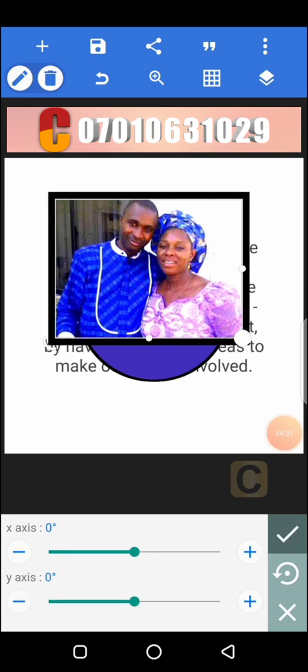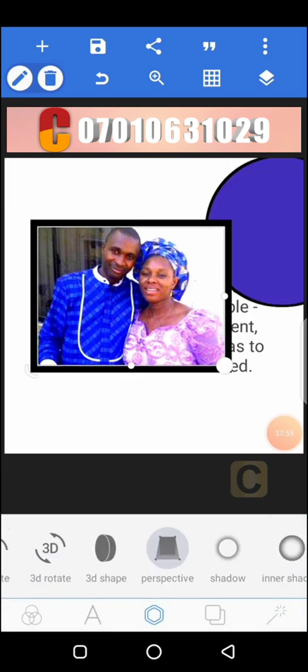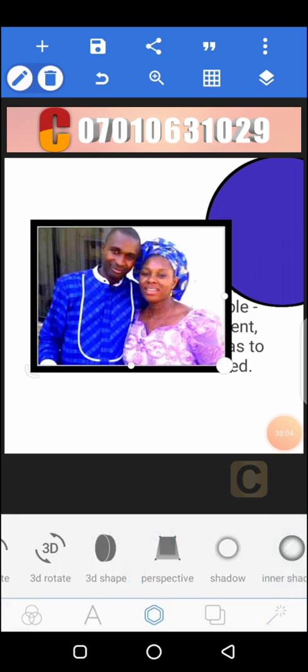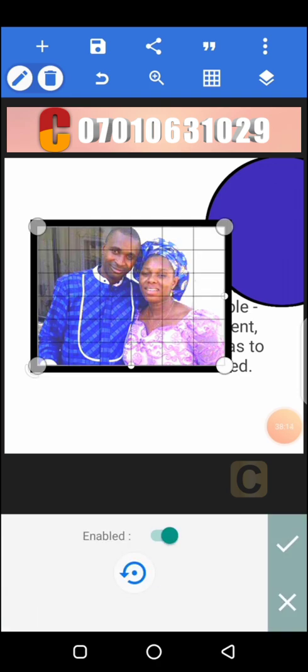We need to take it to 0 degree. Now our picture has come to normal. The perspective. Look at when you enable this. Now that icon for perspective is the same across all platforms. This icon is the same across all platforms. So you can always know that is to change the perspective of your